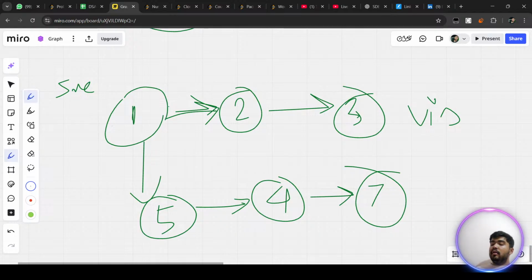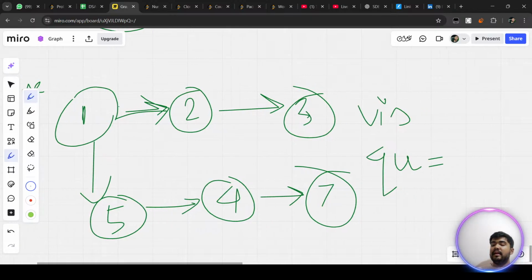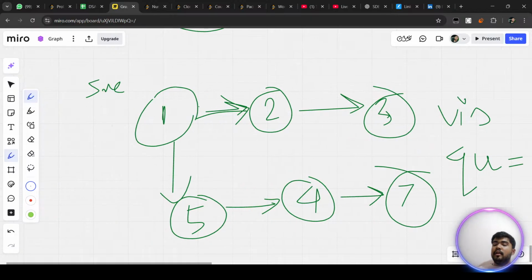But now, as we are going to go level by level, on BFS we need a queue. We need a queue data structure. You should be aware of the queue and stack data structures. If you're not aware, just quickly do a Google search and make yourself familiar with the queue data structure, right? So from one,